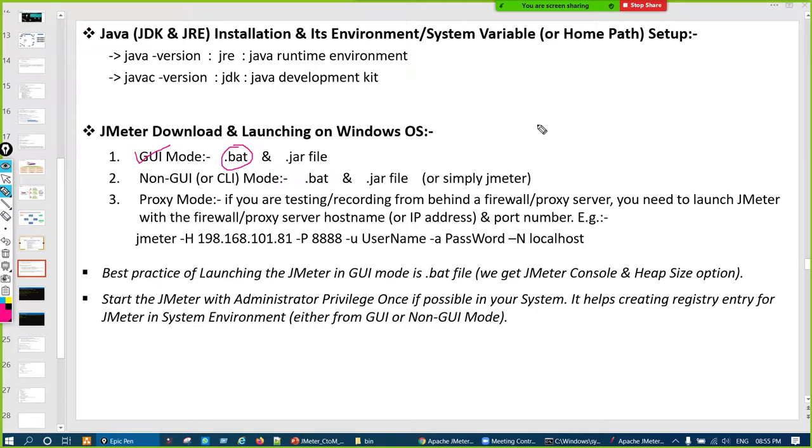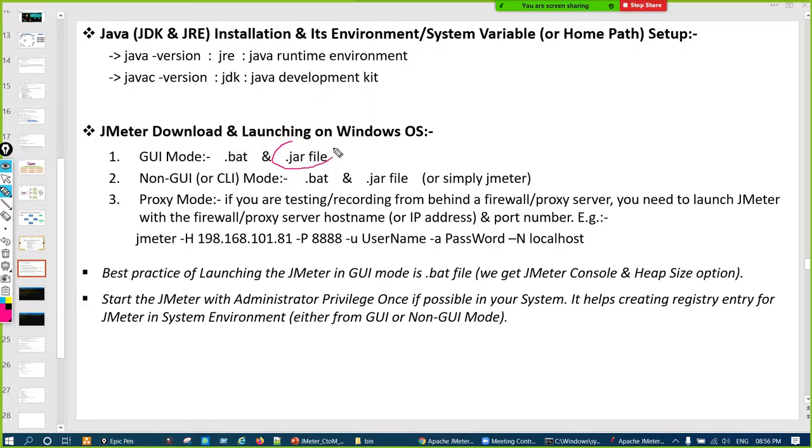So we are using the mouse cursor and simply clicking. So ease of doing is easy here. That's why we call it a GUI mode. Directly go there, click it, and open it. So GUI means graphical user interface mode, right? One way is the jmeter.bat file, and this is the best option. We'll see later on why this is best. But basically we should launch the .bat only.